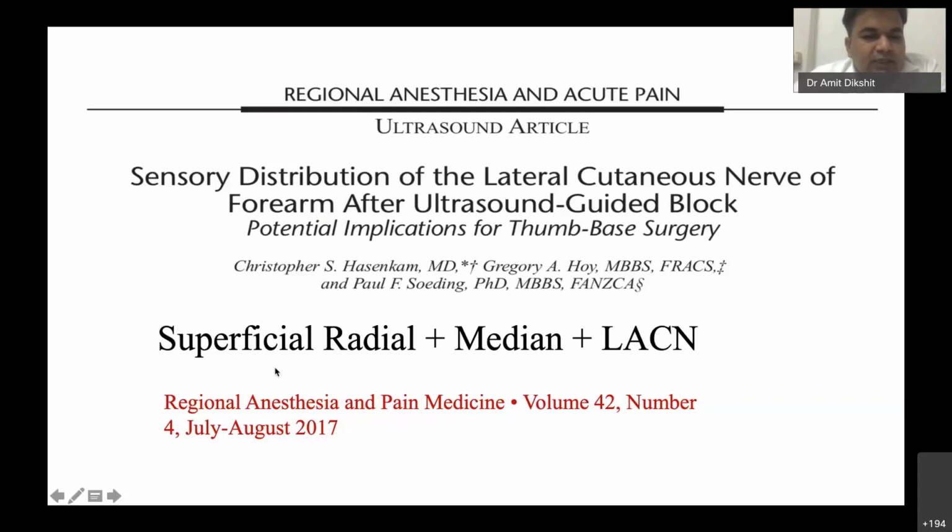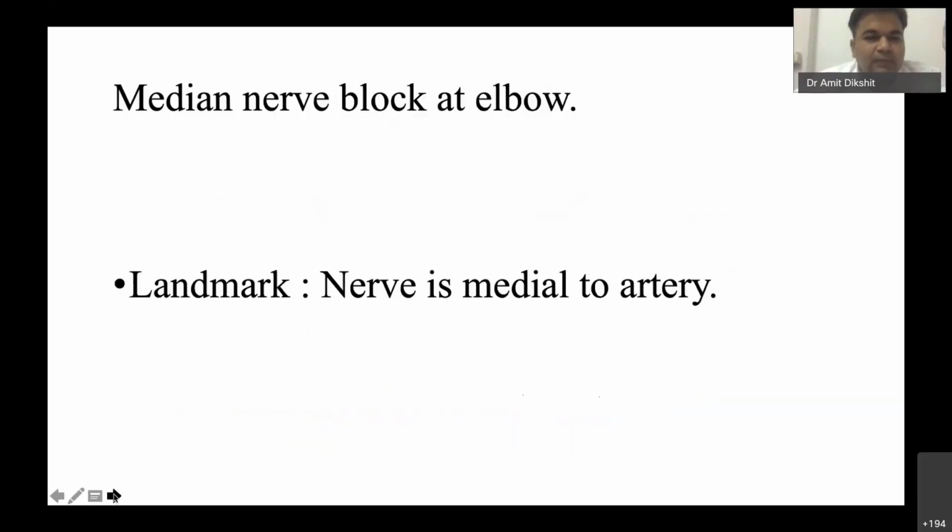So what is the advantage of that? The deep radial nerve branch is spared, and therefore the extensors, whose motor supply is mainly from the deep branch, are not compromised. So the extensor component of the forearm is not compromised. So we will have a very site-specific analgesia, without compromising the motor aspect of the extensors as well as the biceps muscle. So this is the way forward, how ultrasound can help us.